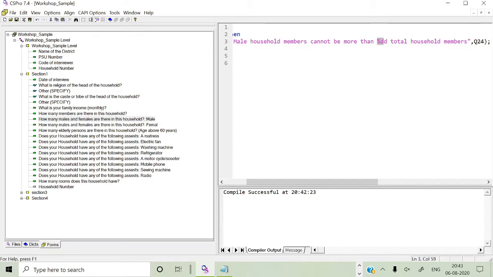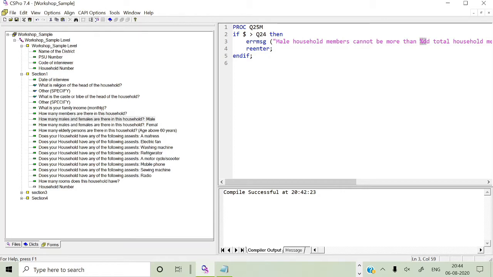This is the simple thing we have added, that is percentage DD. If you want to show a numeric variable, depending upon the digits, you can declare it. What will happen is, when the error message is showing, it will show the total member value also.